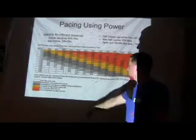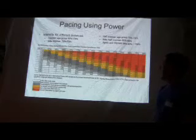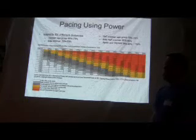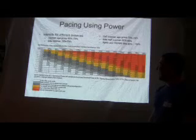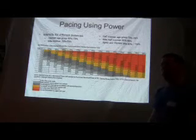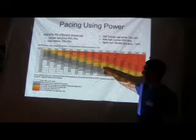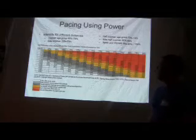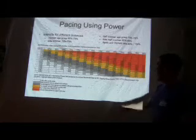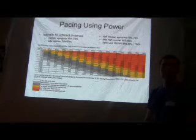So basically the dark orange is saying, good luck, you're probably not going to even finish the ride. Light orange is, you're probably going to run a mile and then walk it home. Light yellow is, if you're a strong Ironman, you're probably going to do pretty well and should be able to run it. Dark gray, this range here, is saying you're probably going to leave a little bit on the bike, but you should have a good run. And then we get to the light gray, where we're being really conservative on the bike,